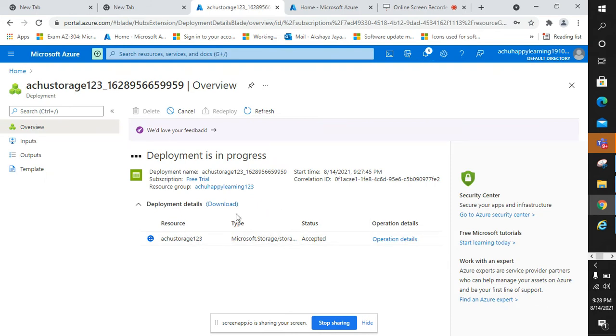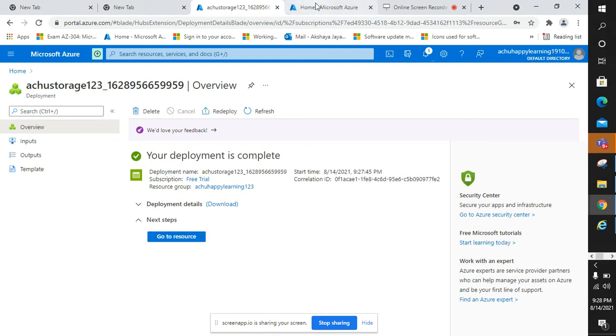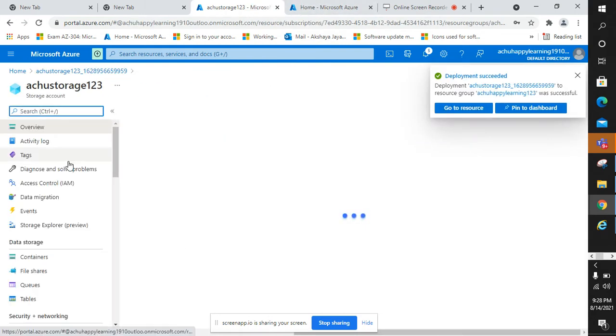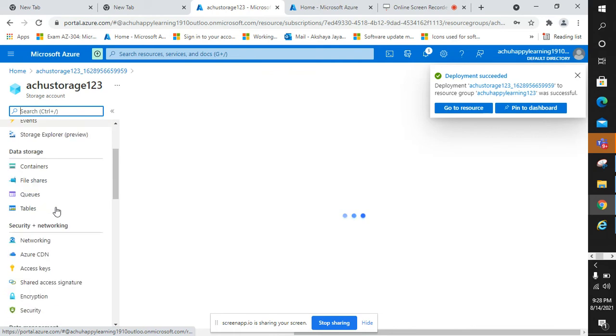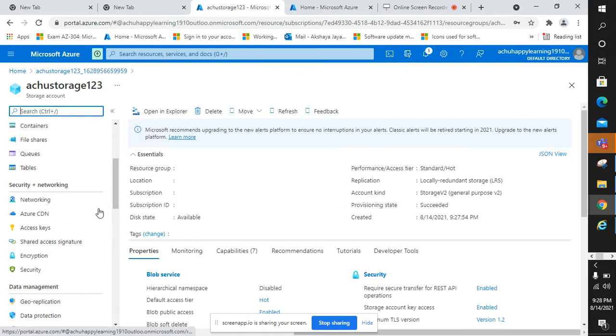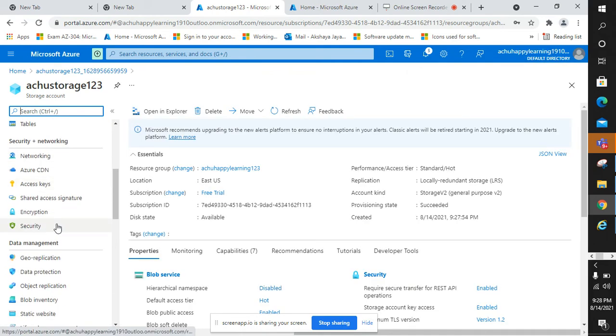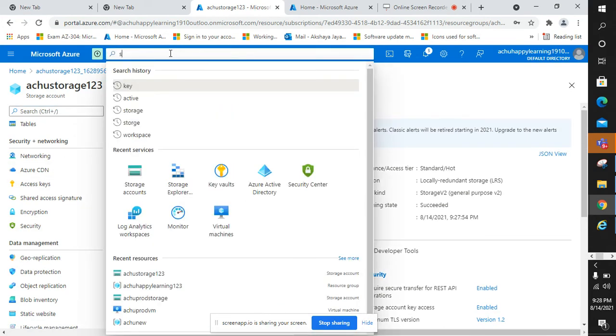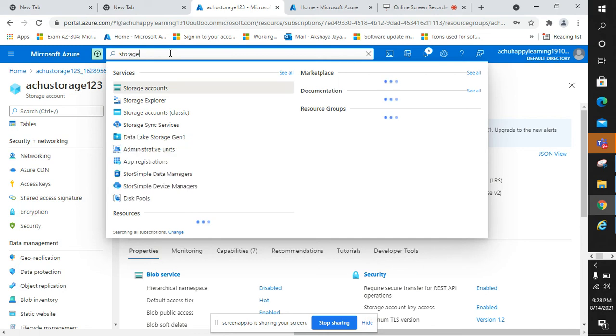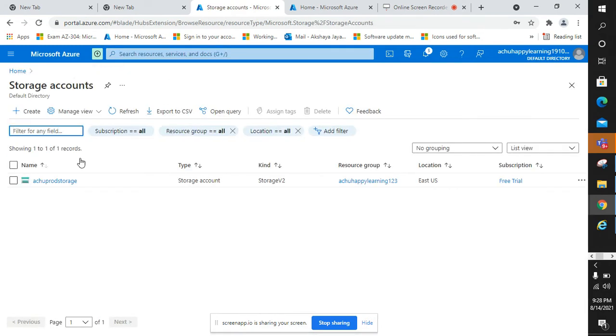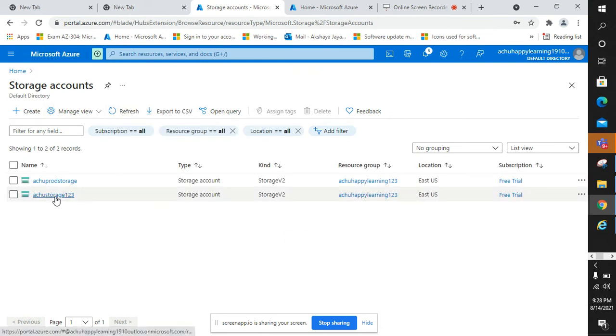Yes, the deployment might take some 1 to 2 minutes. Yeah, it's up. So now I have this. When we have this device, I will show you how to check this storage account. See, we have created one. It will reflect, we'll refresh. See, I have the storage device in place, which I have created now.